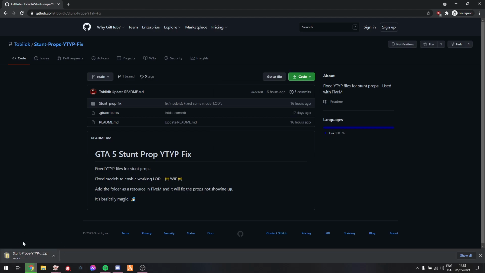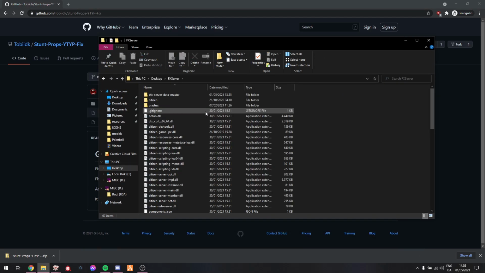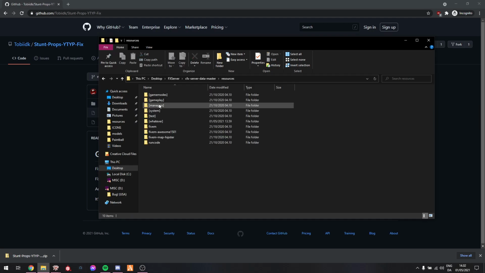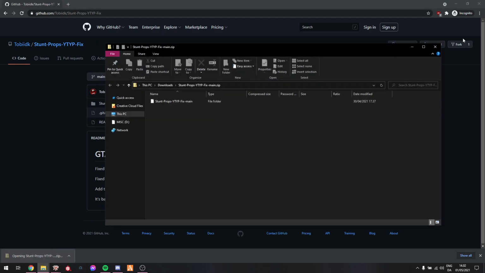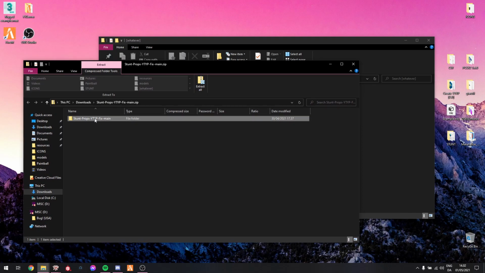So in this case, while this is downloading for me, I'm just going to open up my server folder. I'm going to go into my resources and then into whatever. I'm going to open up the zip that we just downloaded. We can close the website, we're done with that. And inside the zip, we have this folder here called Stunt Prop Fix. You do not want to use this folder here. We want this one. So drag this one into your resources,